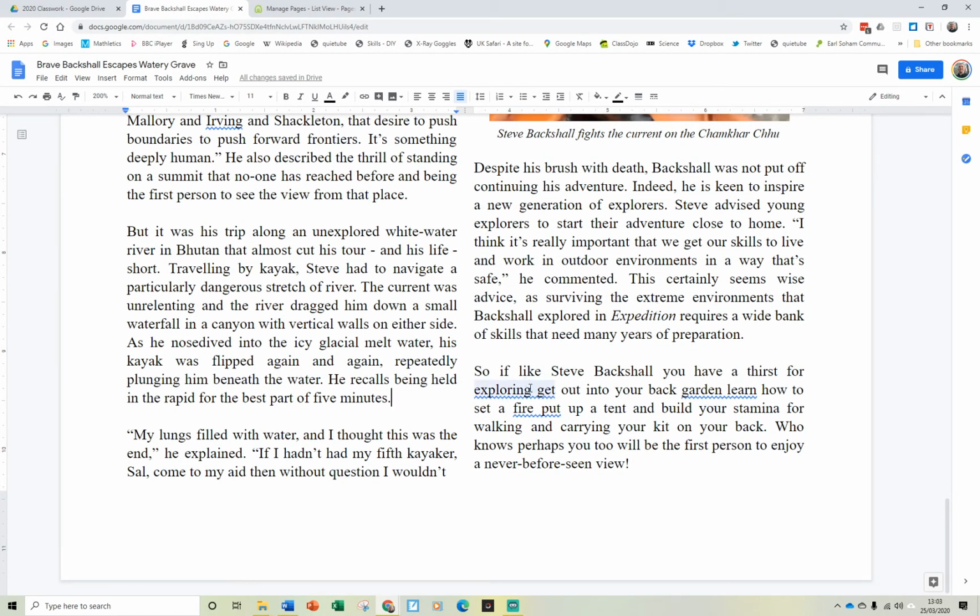What about my last paragraph though? I'm getting some hints that some things might not be right here because they've been underlined in blue. Let's check this one. So if, like Steve Backshall, you have a thirst... Oh, I think that would be clearer if I put some commas in. So, if, like Steve Backshall, you have a thirst for exploring,